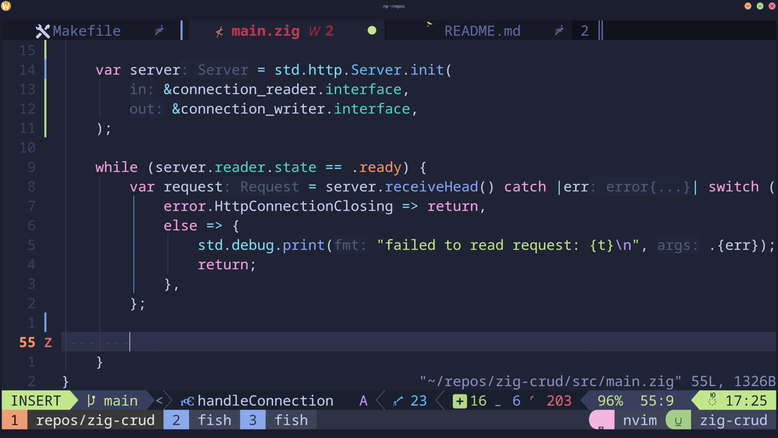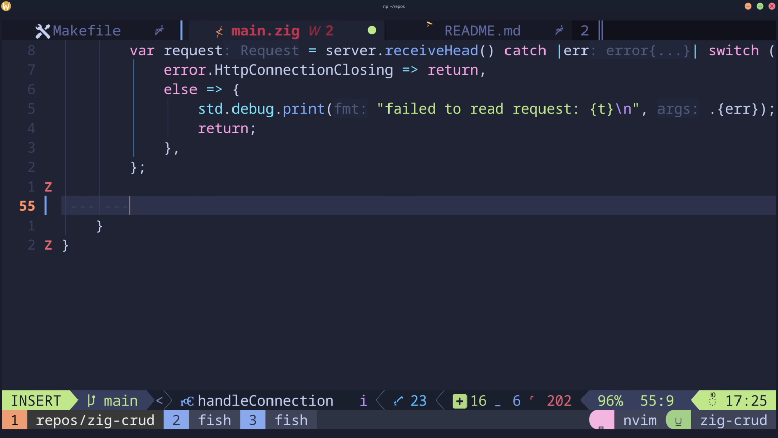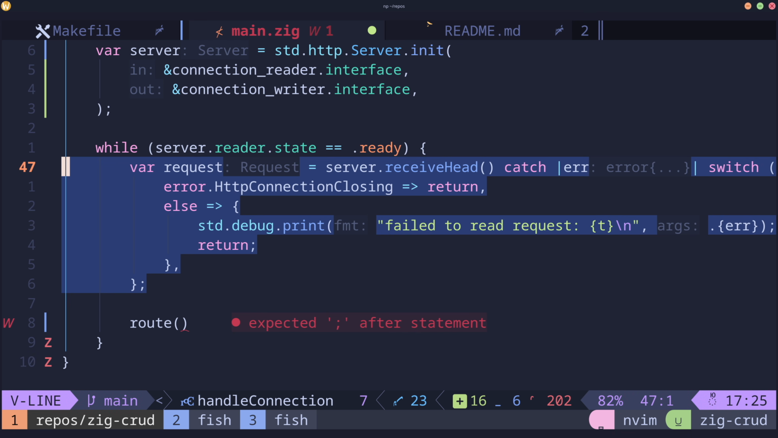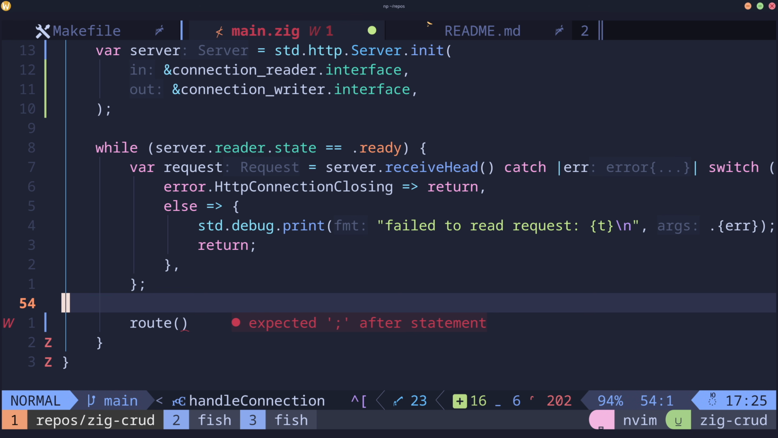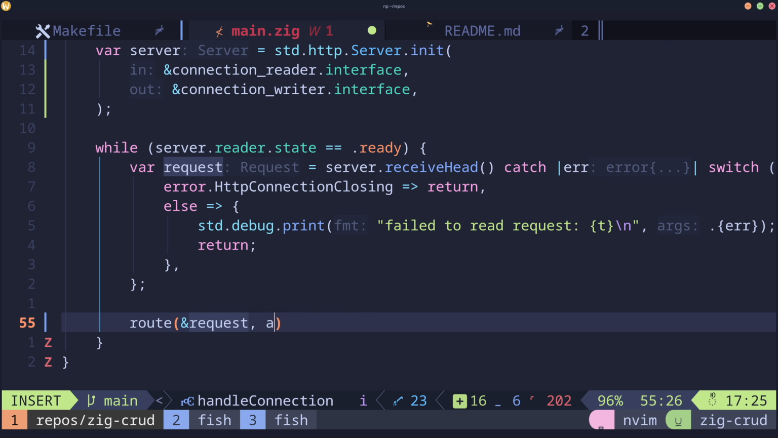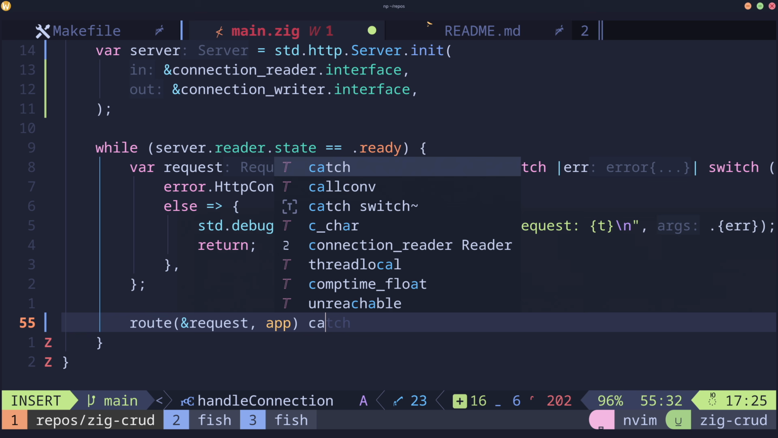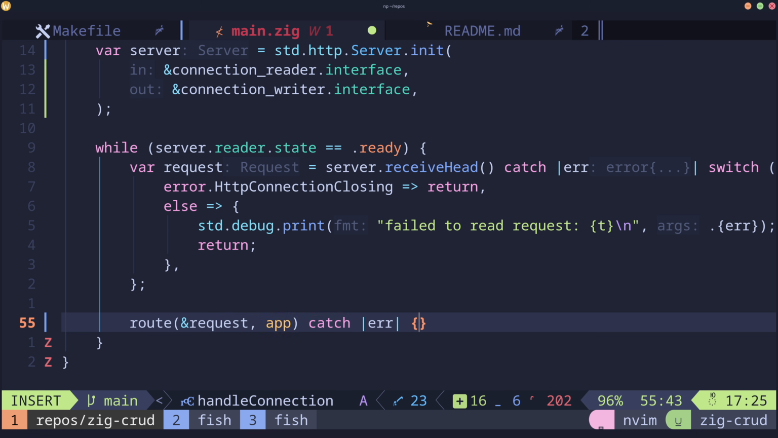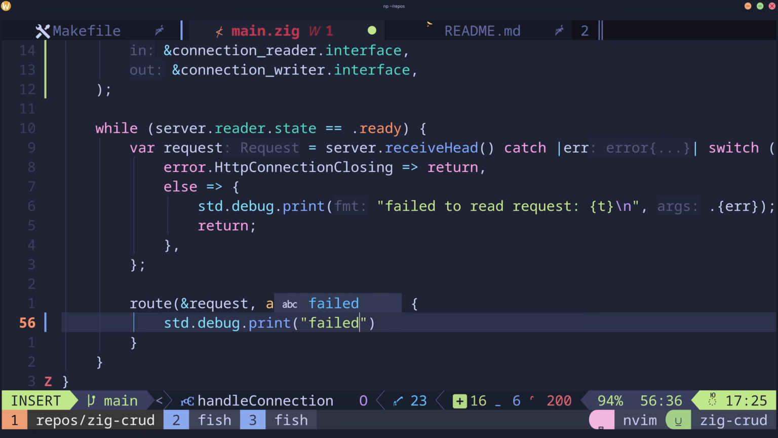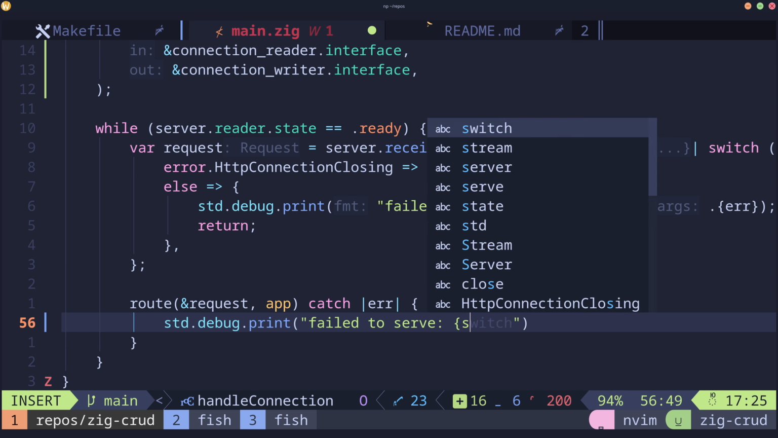So we're continuing on the path of now just writing as we go. So route. So now we actually have to route the request. So we receive the request and it's the right one, or like it's a valid request, but how do we know where we want to go? Is it a POST? Is it a GET? So all the things like that, we have to manually implement a router ourselves, and that's okay. So we'll do the request in app and then catch any error that happens here, and then also print. And failed to serve